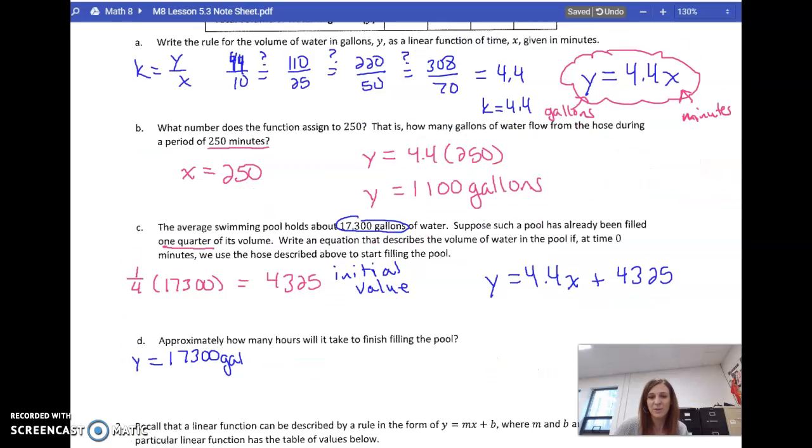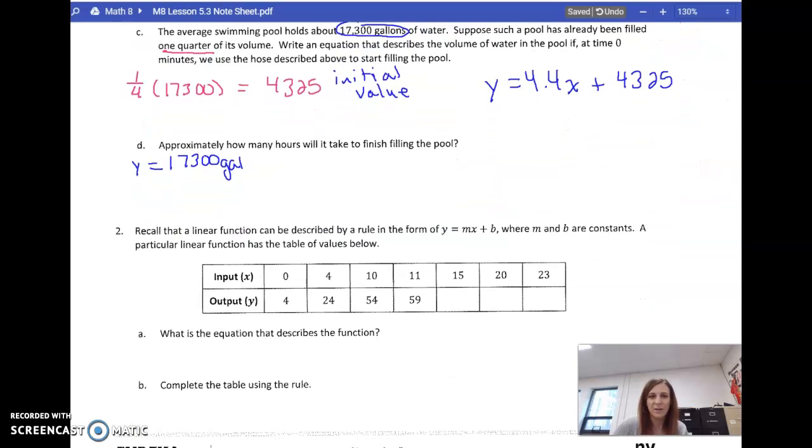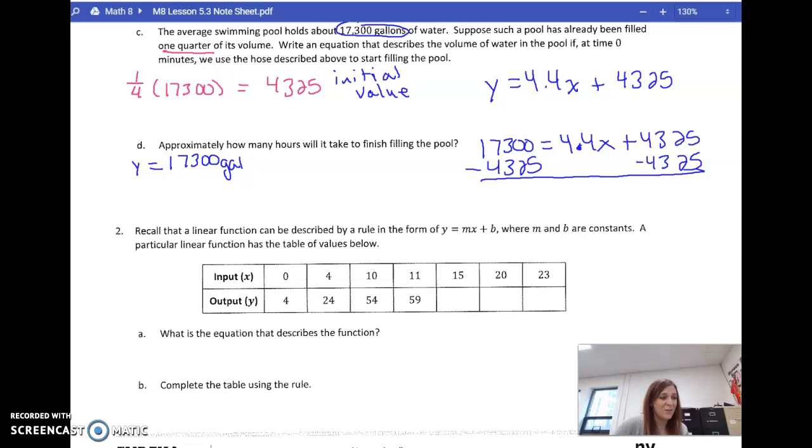All right, so real quick, I'm going to solve this equation. I'm going to plug in 1,700 for Y. That equals 4.4 times X. That's a decimal point. Plus 4,325. Solving for X, I've got to get rid of this 4,325, so I'm going to subtract it from each side. And because I've already done this problem, I know that when I subtract that, that works out to be